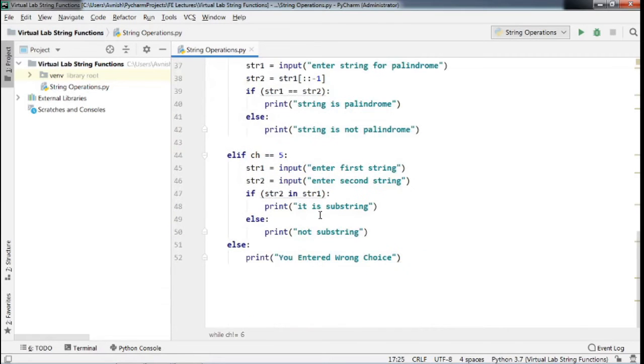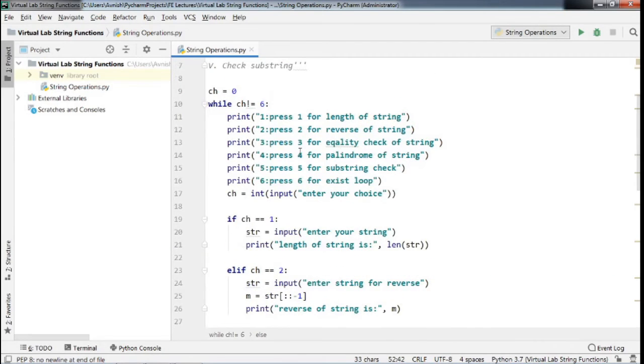We will also implement the case where the user gives a value other than 1 to 6. Suppose in this case the user presses 7. In that case we have to give a warning message to the user that you entered the wrong choice. That also we will perform in today's assignment. Here we have taken a ch variable and assigned it as 0.